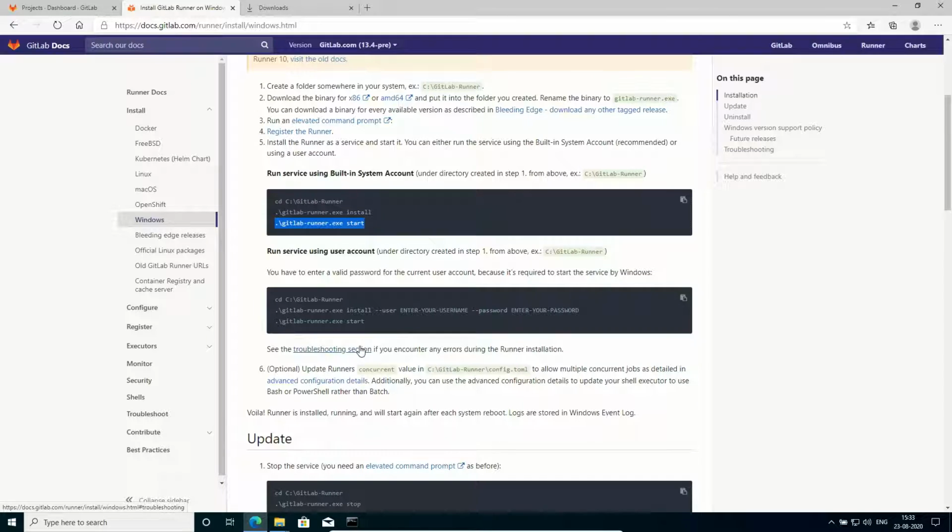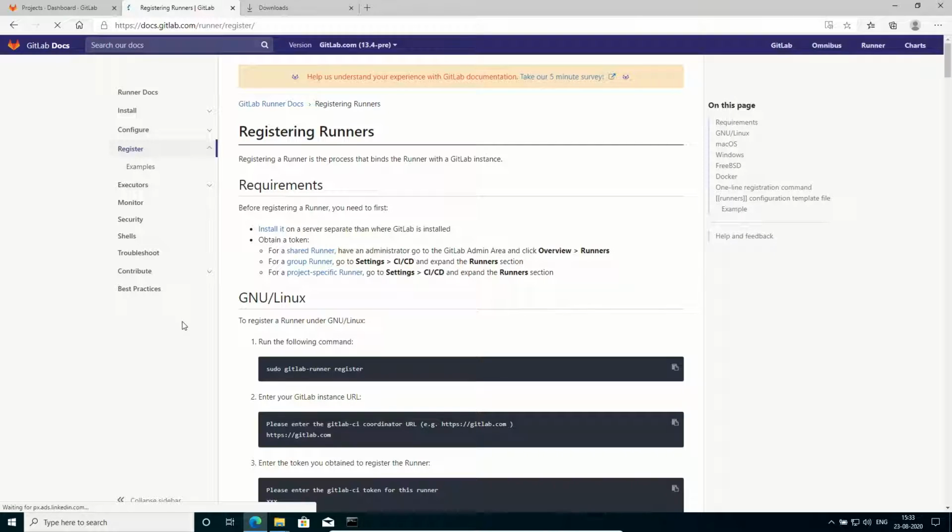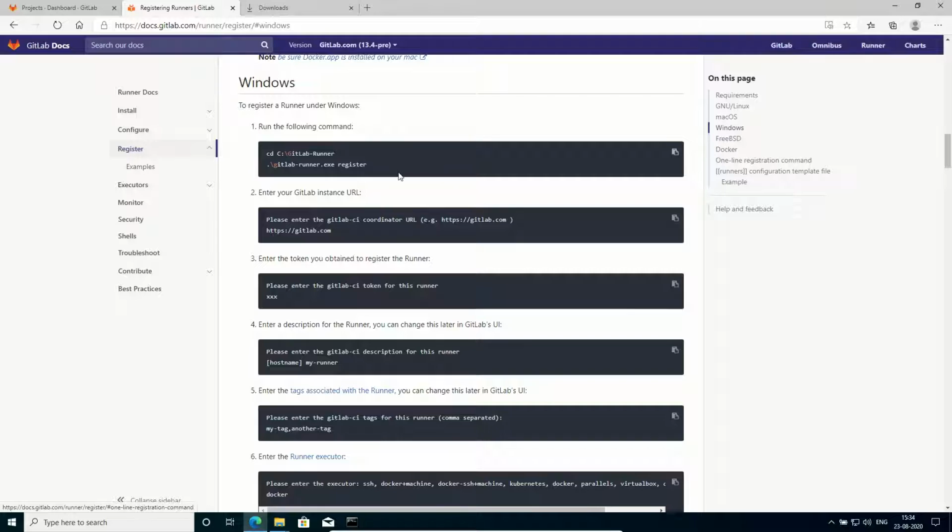Once we have completed these steps, next is to register the GitLab Runner. So we'll click on the register portion, over here Windows, and we'll execute this command.